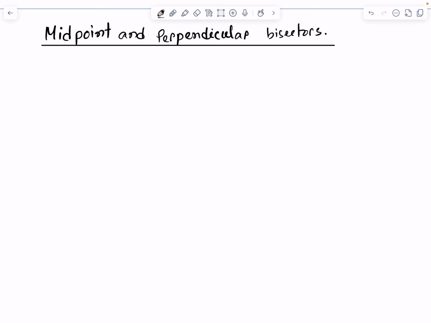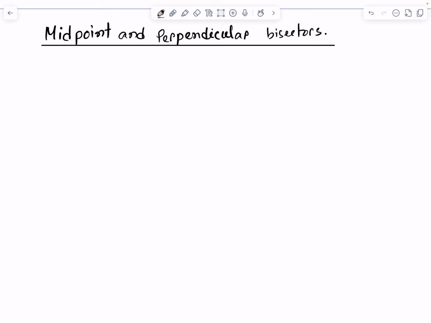Welcome back. We are going to learn today midpoint and perpendicular bisectors. So let's start. You can find the midpoint of a line segment by averaging the x and y coordinates